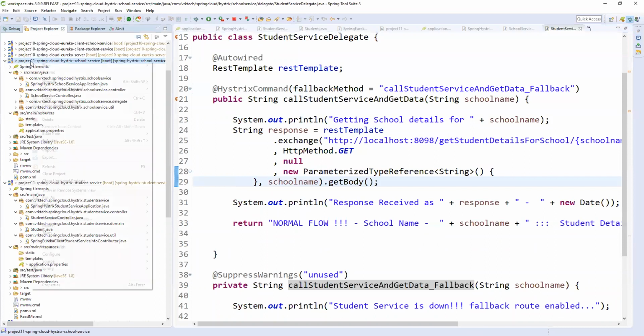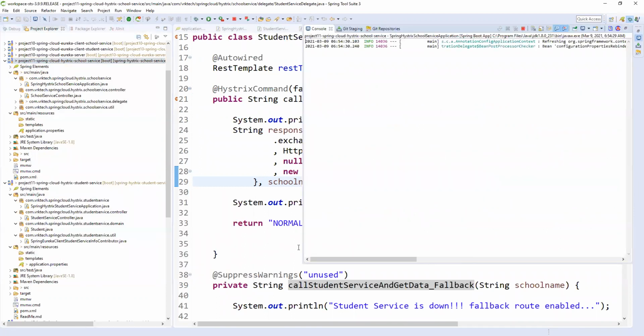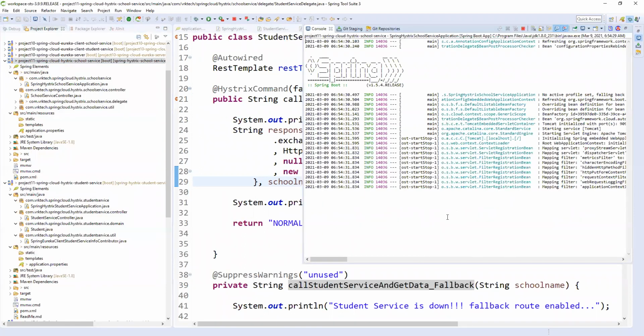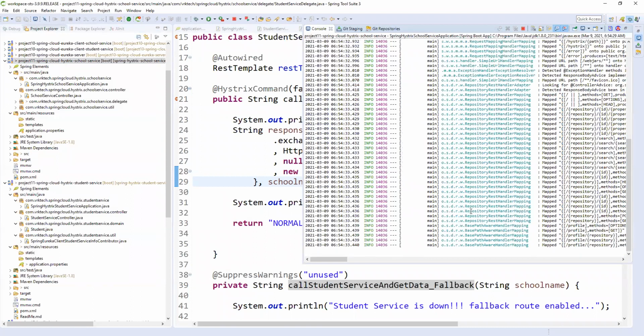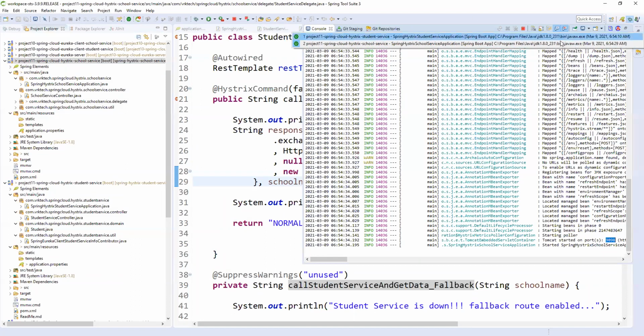So let me run the second project. I'm running the second project also. Now this is also started, on port number 9098. If you see the console, the two projects are running. One is the student service, one is the school service.